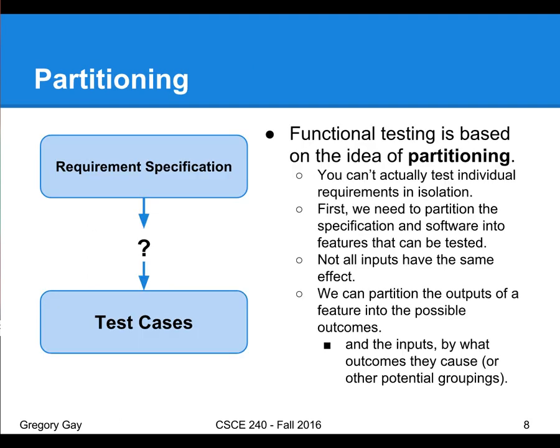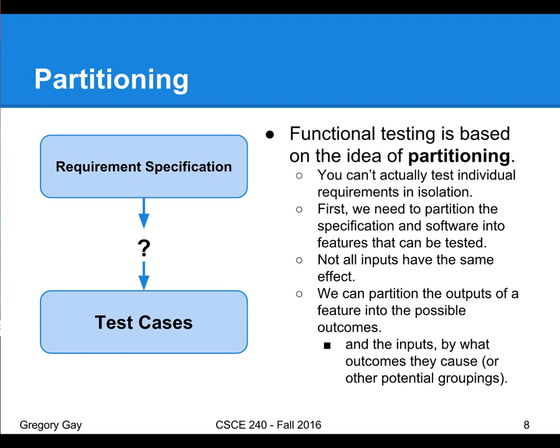Right. Now, your requirements usually start as just plain text statements, right? Natural language. And ultimately, we have to arrive at concrete test cases we can execute on the software. So to arrive at test cases, there are two problems we need to solve. And we can do this through the idea of partitioning our option space, our input and output space. Right? The first